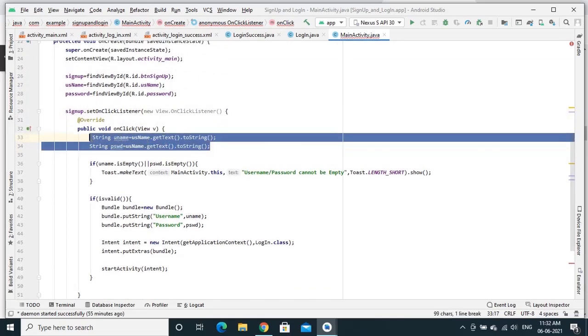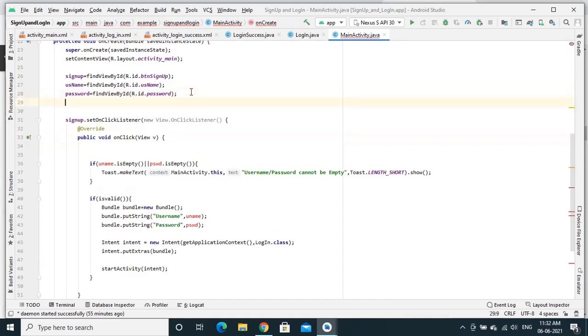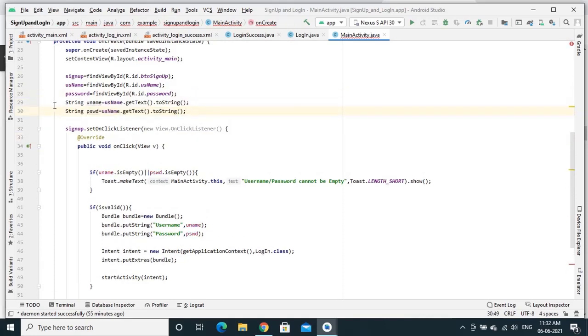I will be putting this one outside this function so that I can use it, and I am making it private.